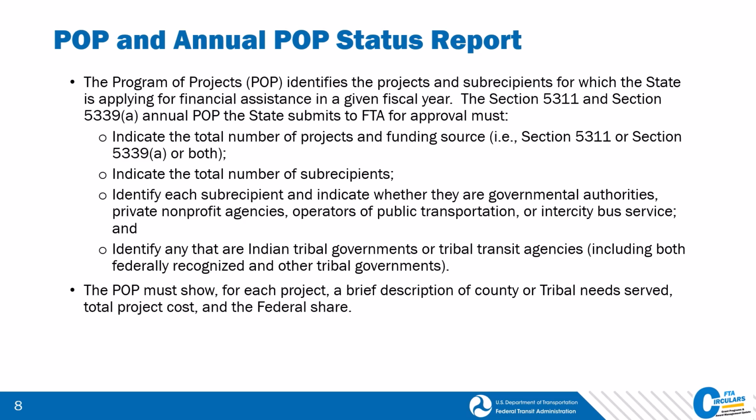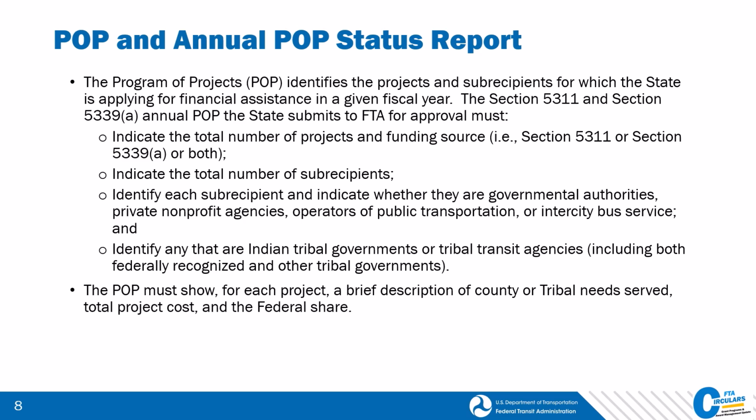The Program of Projects, or POP, identifies the projects and subrecipients for which the state is applying for financial assistance in a given fiscal year. The Section 5311 and 5339A annual POP the state submits to FTA for approval must indicate the total number of projects and the funding source, the total number of recipients, each subrecipient, and indicate whether they are government authorities, private nonprofit agencies, operators of public transportation, or intercity bus service, and also identify any Indian tribal governments or tribal transit agencies. The POP must show, for each project, a brief description of county or tribal needs served, total project cost,